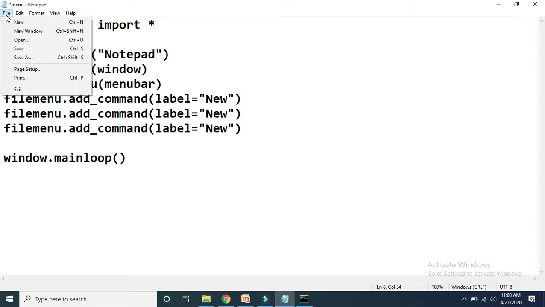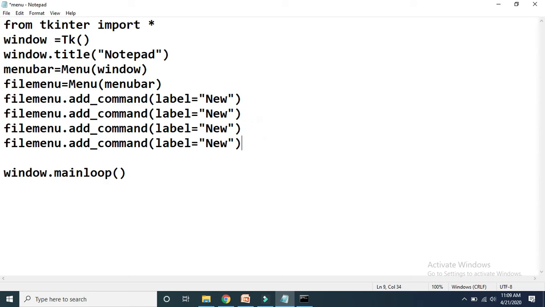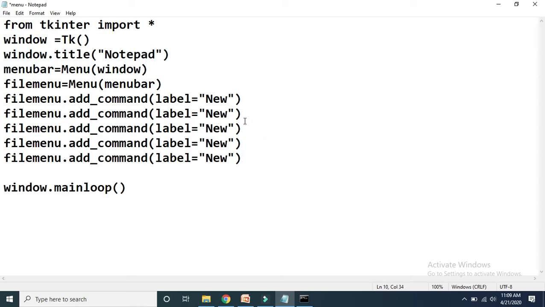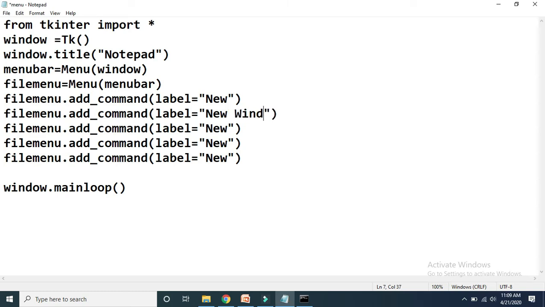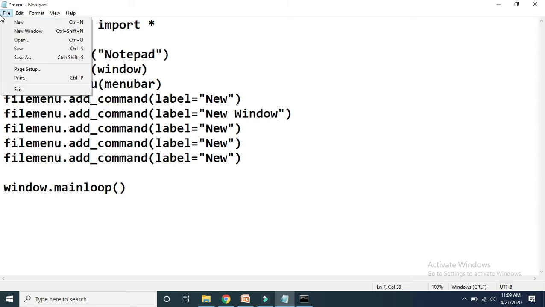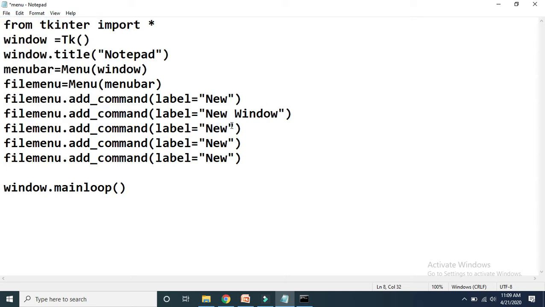Okay, so here, see, one for new window, open, save as. Copy and paste this statement. First one is for new, second for new window. Then the next one is for open, then save and save as. Open, then the next one is save, next is